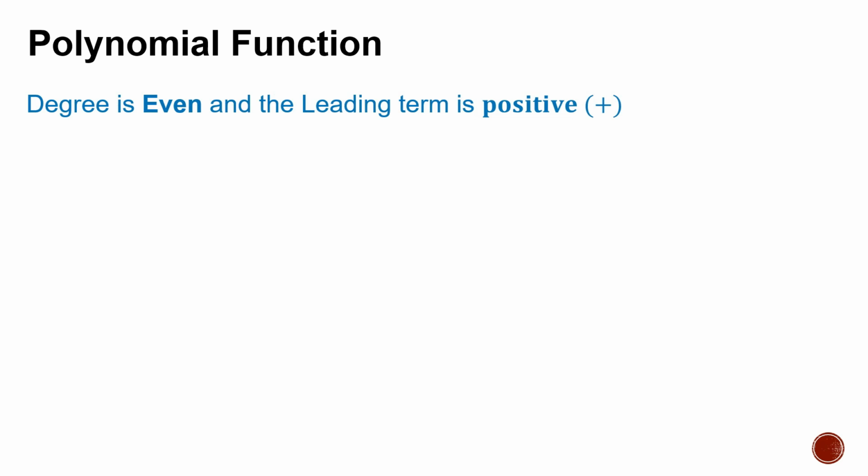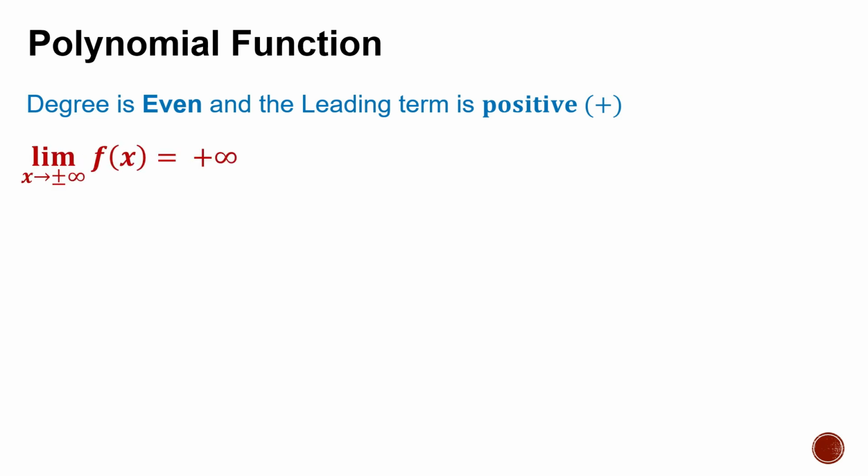Hi everyone, today's lesson is about the limit of a function at positive and negative infinity, and I'm going to focus on three functions: polynomial, rational, and radical. So for a polynomial function, if the degree of that polynomial function is even and the leading term is positive, the